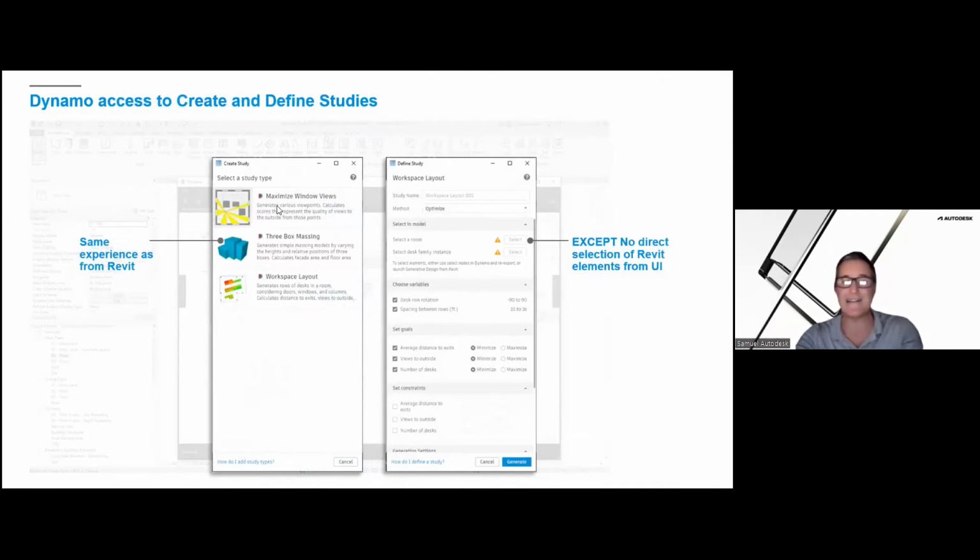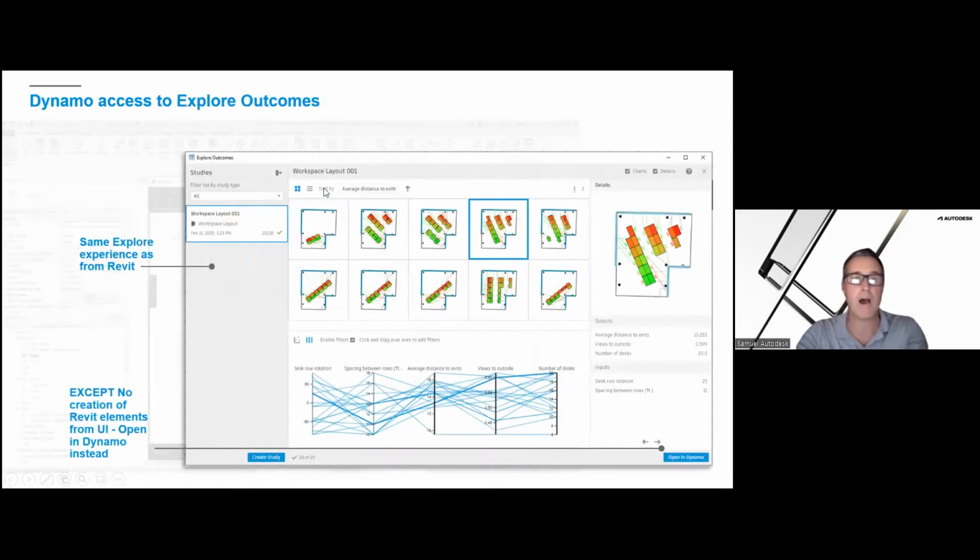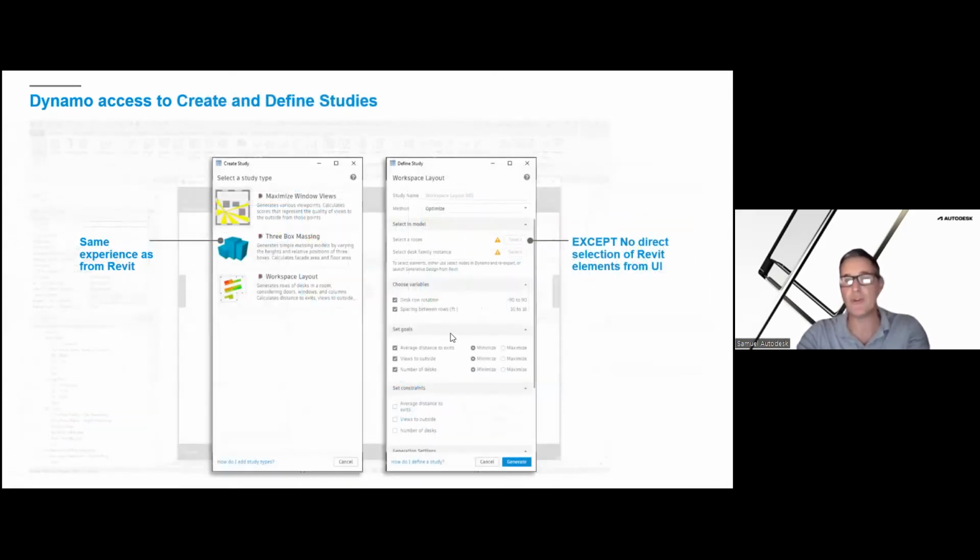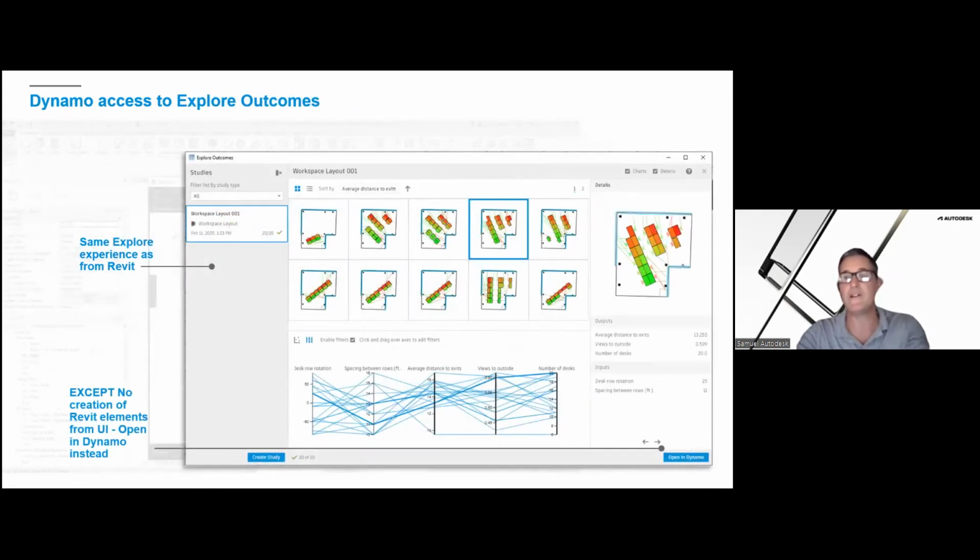You still can start to connect that Dynamo tool with Generative Design for Revit. But you've just got to start to look at how you're going to be selecting information within that model. And again, it will work with it, but there's a couple of little tweaks here. So just to clarify, this is if you're using the older version of Dynamo, Refinery, or Fractal to use this tool. So if you're not on the Generative Design for Revit workflow that comes in the AEC Collection, this is the workaround to connect it via the Dynamo application.